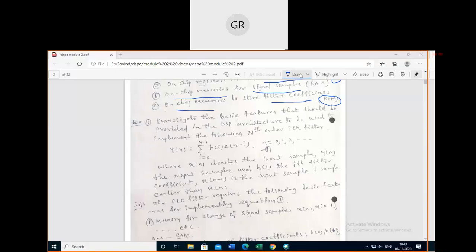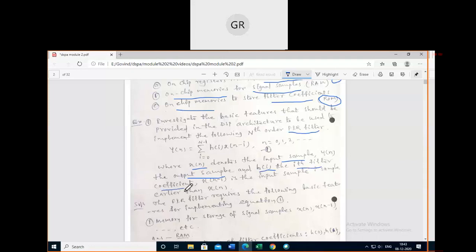Investigate the basic features that should be provided in the DSP architecture to be used to implement the following nth order FIR filter, where y(n) is equal to the summation of i equal to 0 to n minus 1 of h(i) x(n minus i), where n is equal to 0, 1, 2 and so on, where x(n) denotes the input sample, y(n) the output sample, h(i) the ith filter coefficient,